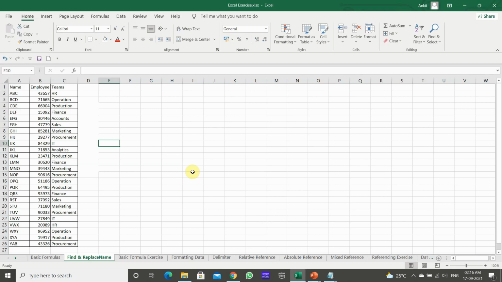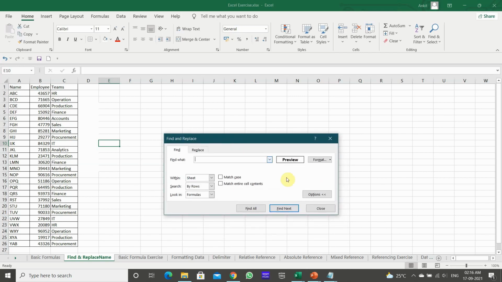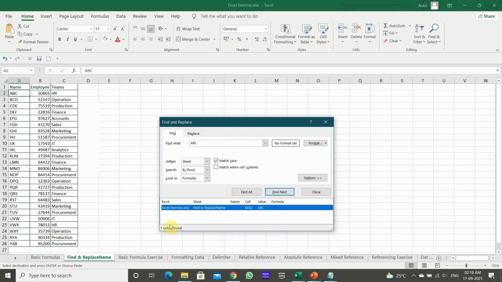So how can you use the find function? The shortcut to use the find function is Control F. Enter Control plus F. Okay. If I want to find ABC, I will enter ABC. Find all. See, this ABC is in the A2 cell. It will show the cell address, that is A2, and the value as well, ABC. And it also shows the sheet and the actual name of the book. All the complete address will be given. Okay. If I want to find BCD,